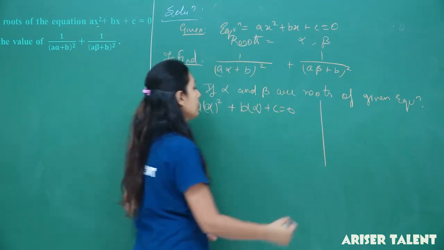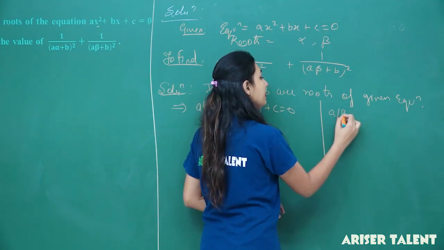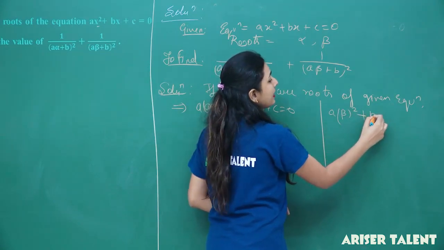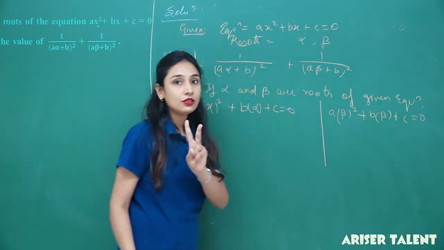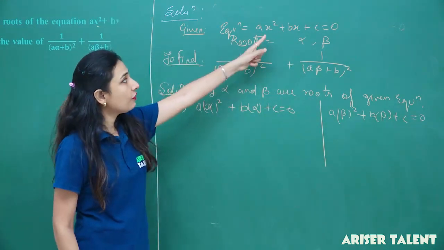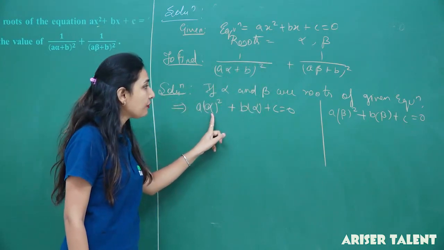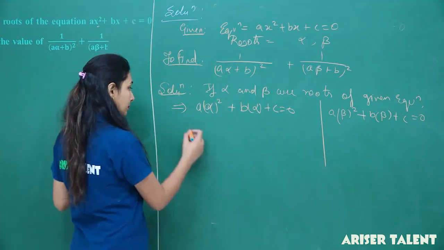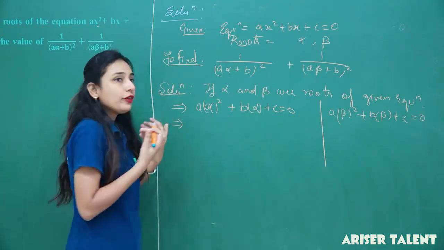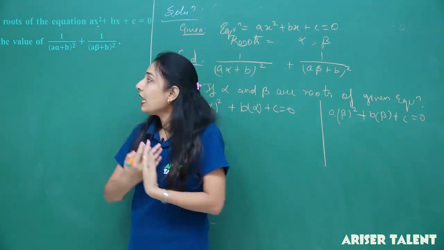This is one. Now a beta square plus b beta plus c equals 0. This is 2. What I have done is I just put the value of x equals alpha here and x equals beta here. Now what this implies, what we are going to do is, we have to find out